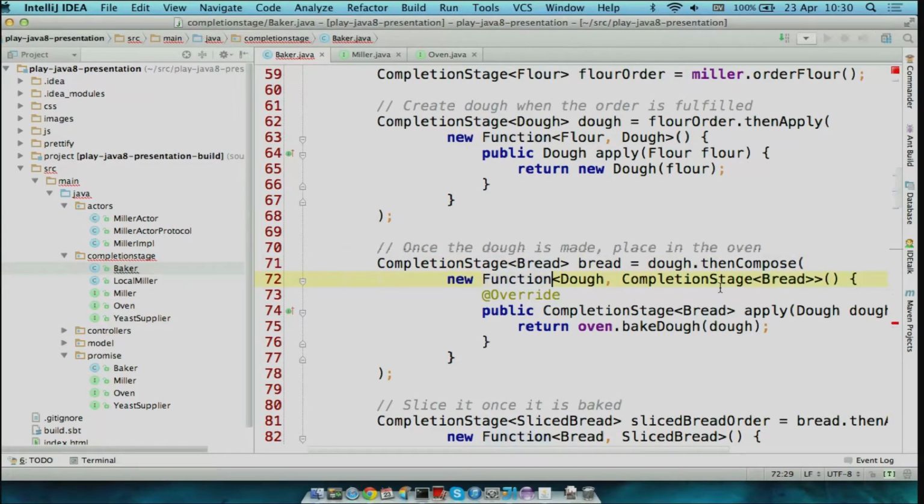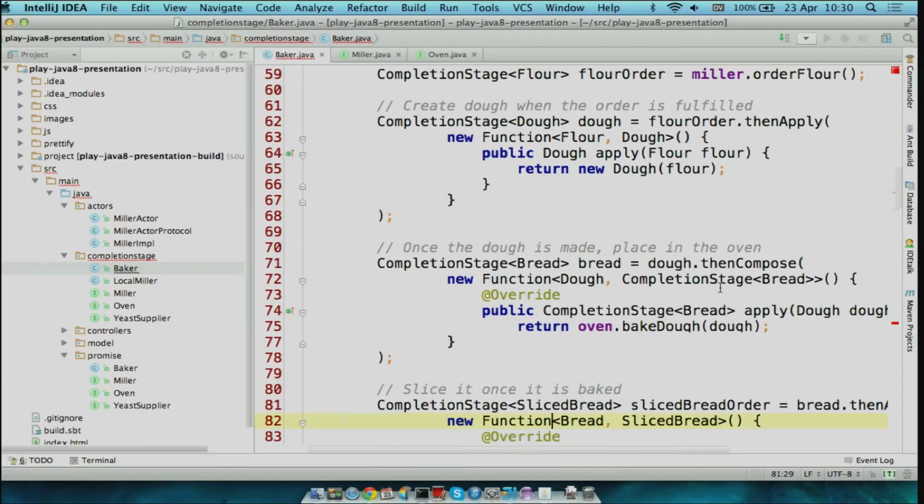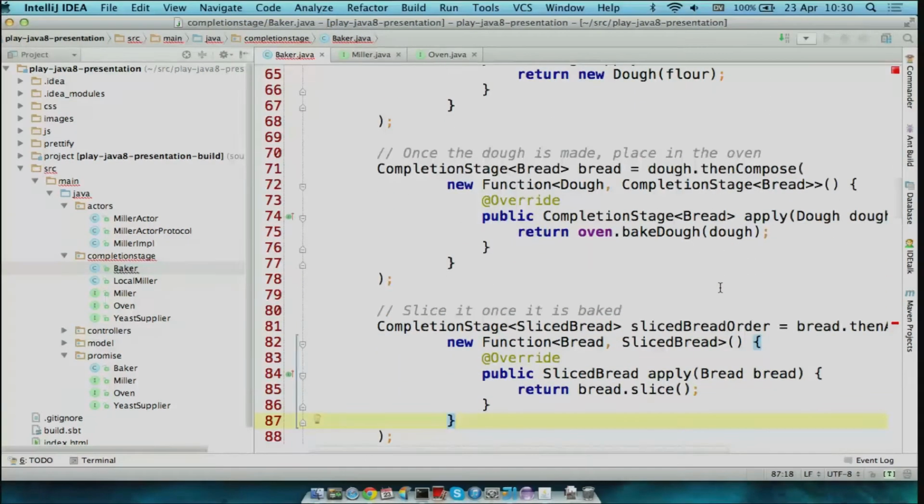So now we've asynchronously baked the dough, and we've got a promise for bread. And then finally, we want to slice the bread, and this is doing a thenApply again. So we take a function that takes the bread, returns sliced bread, we can slice it, and we finish up with a promise for sliced bread.